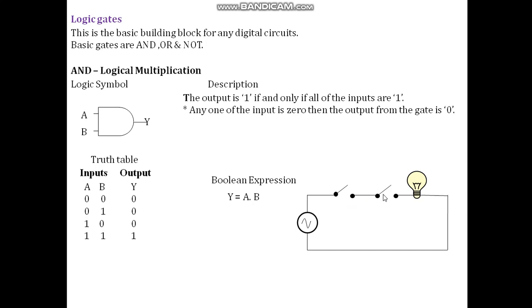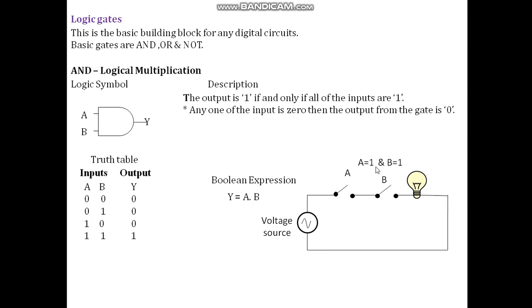So let us see this circuit which has two switches. By means of these switches, the bulb is connected to the supply. So we can take these two switches as the two inputs of this AND gate. The first one is A and the second one is B. If the switch is open, it is considered as 0. If the switch is closed, it is considered as 1. So a switch open means 0 value, and a switch closed means 1 value. We will check this condition here.